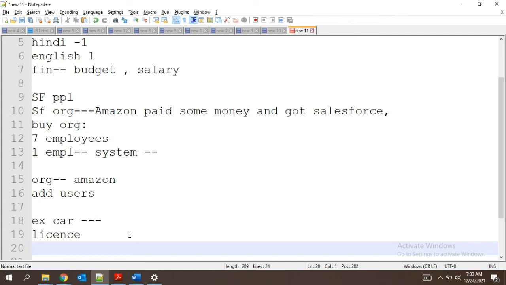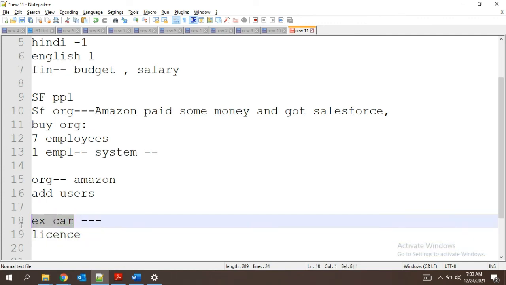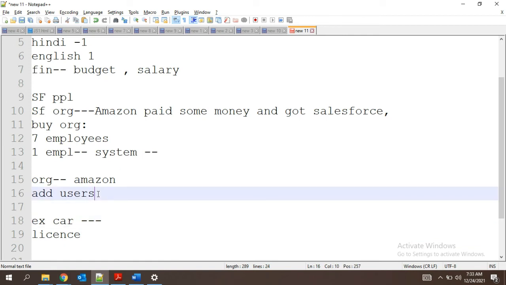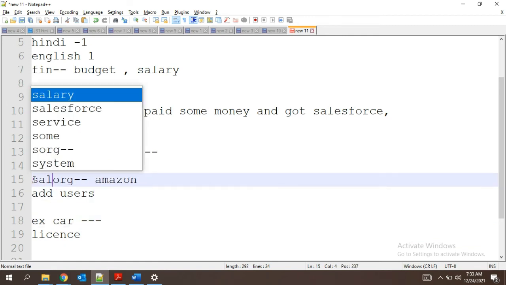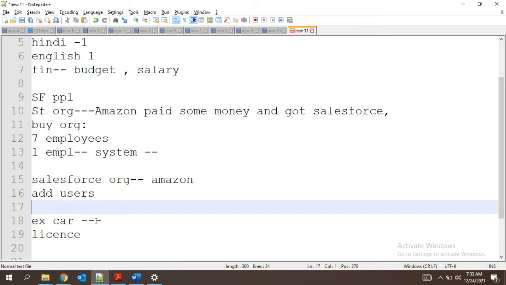Understood? So the license shows you know how to drive the car. In the same way, in a Salesforce org, you know how to work in Salesforce, so you will not cause any data loss or damage. Once you have it, then we can allow you to enter into Salesforce.